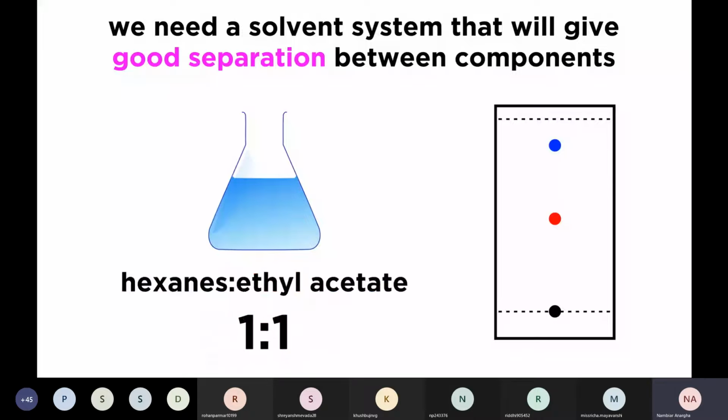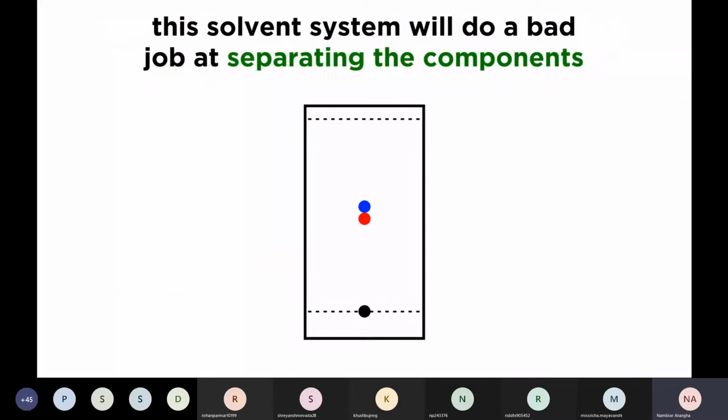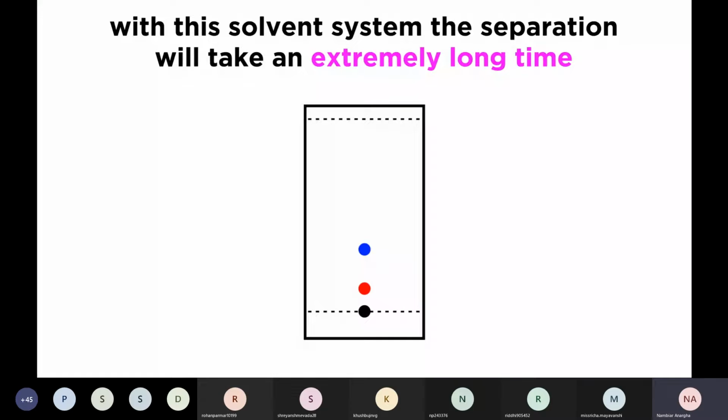We may have to mix hexanes and ethyl acetate in a 1-to-1 ratio, or 2-to-1, or 5-to-1. It's usually difficult to predict what will work best, so just try something and see what happens. If the two components end up very close together on the developed plate, this was a bad choice, as they didn't separate well. If they separate a bit but end up towards the bottom of the plate, this is also bad, as it means they travel very slowly across the stationary phase, and it will be a pain to collect